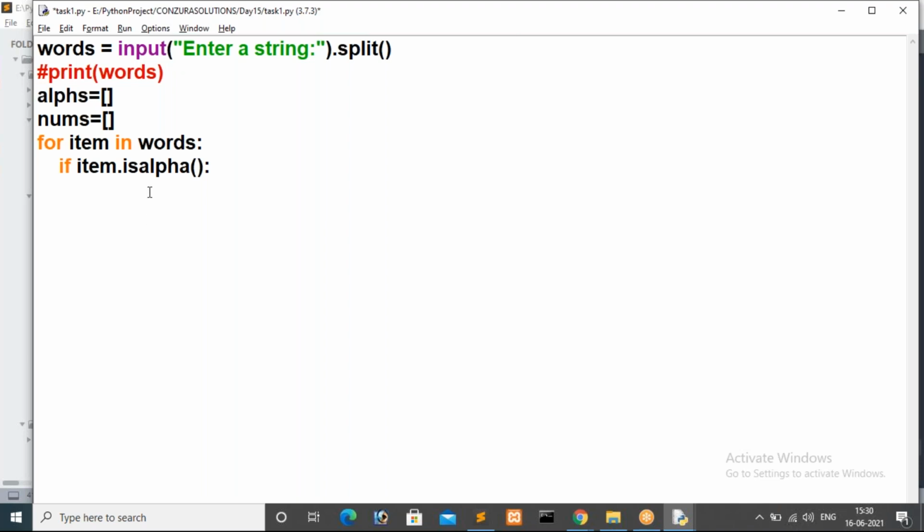How can we store that item now? I'm checking if item dot isalpha, if that item has only alphabets, absolutely. Then we have to append that item inside alphas, so alphas dot append of item. If this condition is wrong, then what is the meaning of that, guys? If item is alpha, then I'm storing that item inside